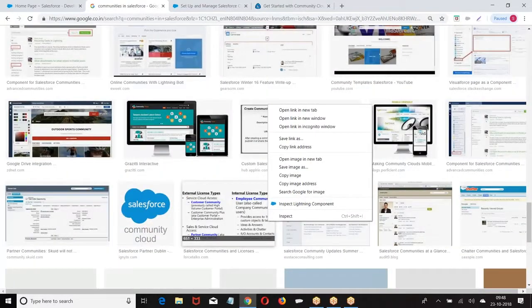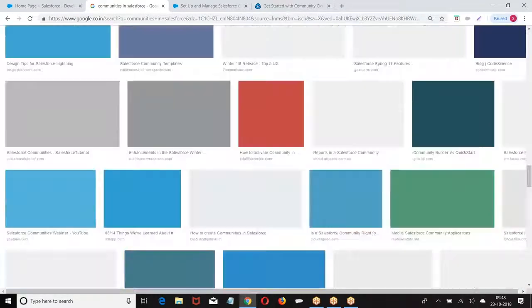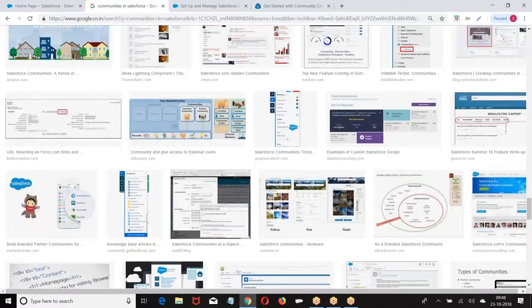Then one major diagram is there, which will give you a complete picture about it.